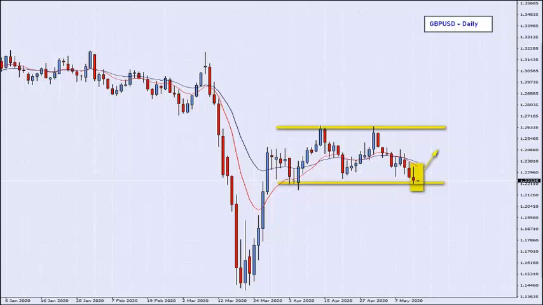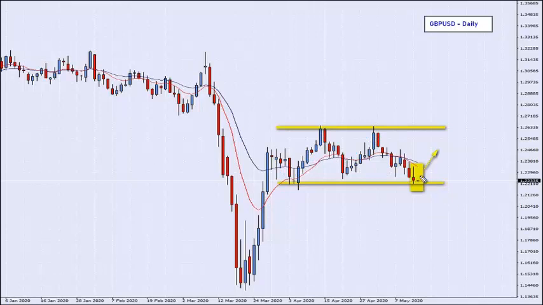Now, I mentioned just before that we are approaching a possible support level. There it is. I've marked that out for us down here. What I also note as well is that we have that top level, in essence creating somewhat of a channel, and we have seen the activity in between those two levels.